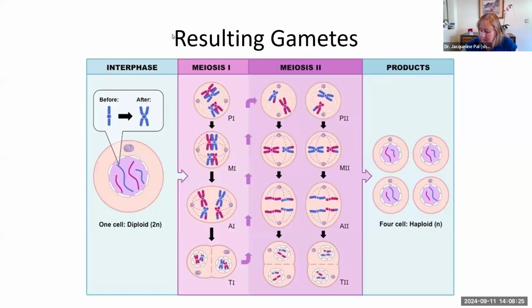All right, I will see you soon. And we are going to come back. We're going to talk about the third thing that gives us genetic variability, because we've already done crossing over. We've already done the random alignment, and we have one more thing. And then I will do a final comparison of mitosis with meiosis, just to make sure you've got these complex